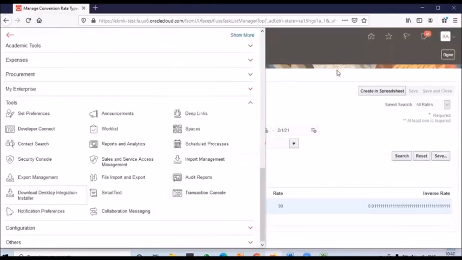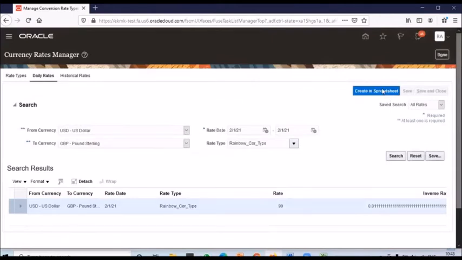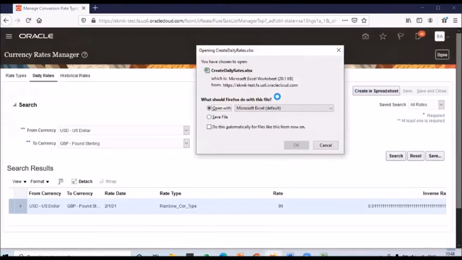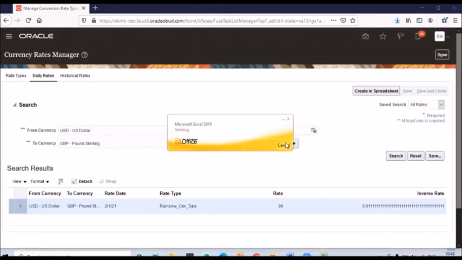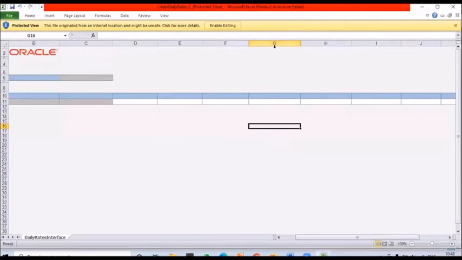Okay, Navigator tools, desktop integrator, download desktop integrator. Once properly installed, click on create in spreadsheet. Then the spreadsheet will be downloaded. Then enable editing.